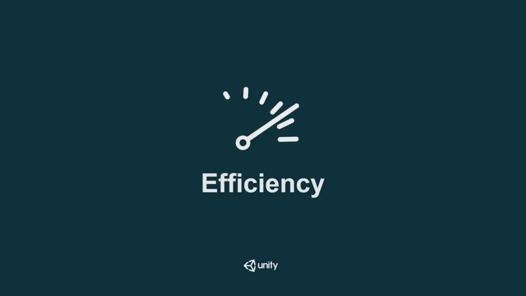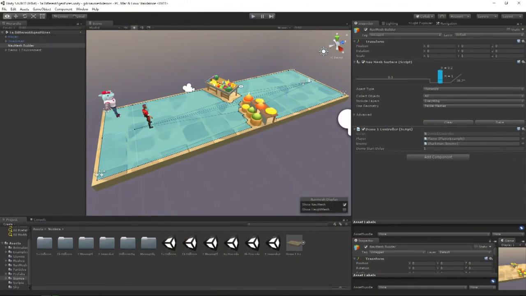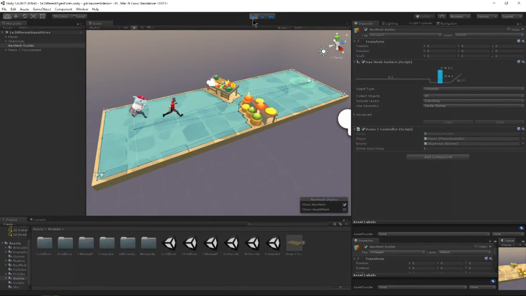All right, on the topic of efficiency is probably my favorite demo of today. Efficiency, developer productivity. The biggest thing in this area in Unity 5.6 is that we're shipping a whole new set of navigation tools. Let's take a look. I have my demo right here, and I have a navigation mesh in the scene. And if I hit play, you can see my character is running around, and she gets chased by a shark